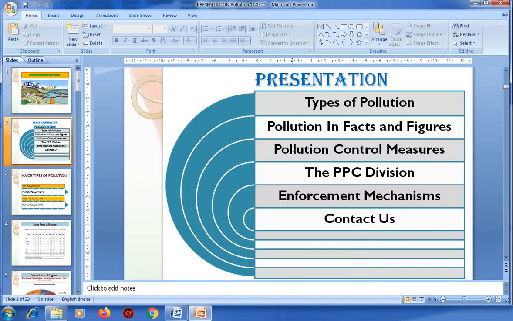Zoom features. Zoom controls are located in the lower right corner of the PowerPoint screen. We can zoom in to enlarge the slides or zoom out to shrink the slides. The zoom box tells us what percentage we are currently viewing the slides at. So you can see this is the zoom option.